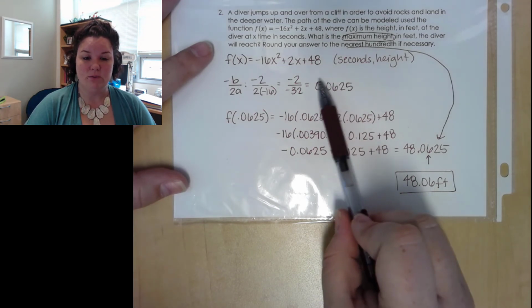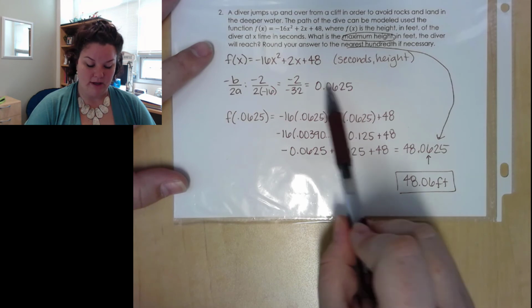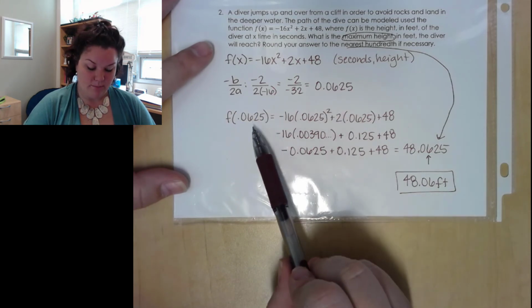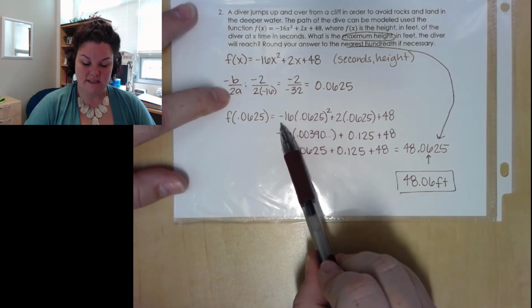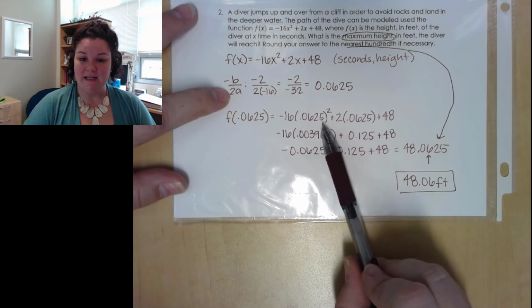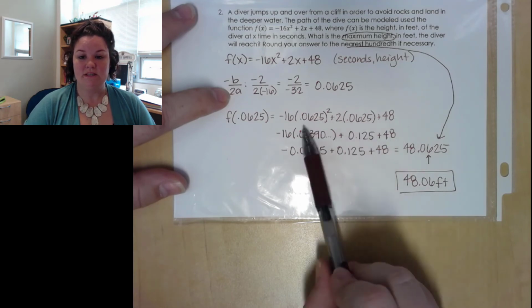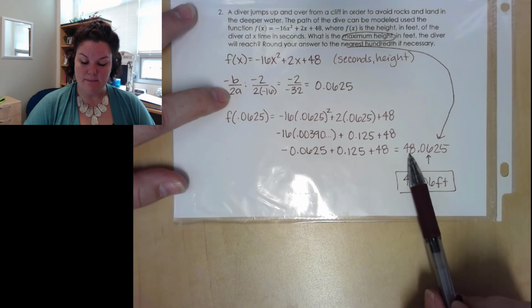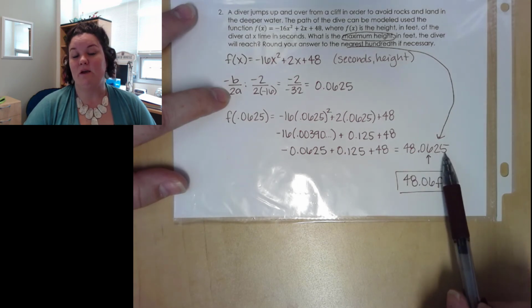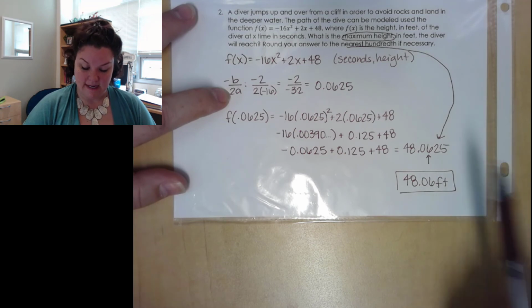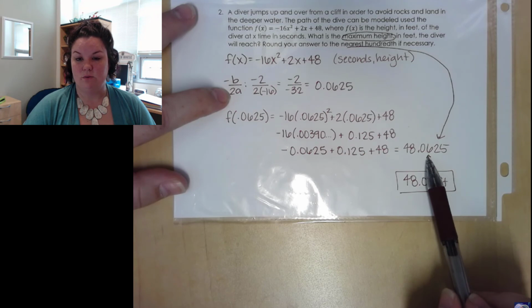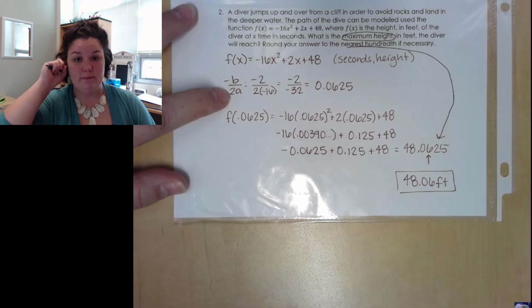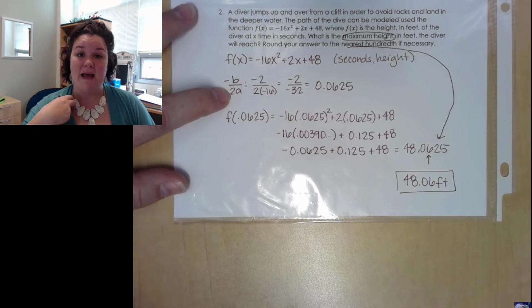Okay, so leave all your decimal places, and we're going to take that value and plug it back into our function. So when we plug 0.0625 back into our function, we're squaring it, multiplying it by negative 16, multiplying it by 2 and adding it, and then also adding 48. So once we simplify all of that, we end up with 48.0625. And it said round to the nearest hundredth. So that's our second decimal place. Because there's a 2 behind it, it does not round it up. Okay, so we're going to leave it at 48.6 feet is going to be the maximum height that this diver